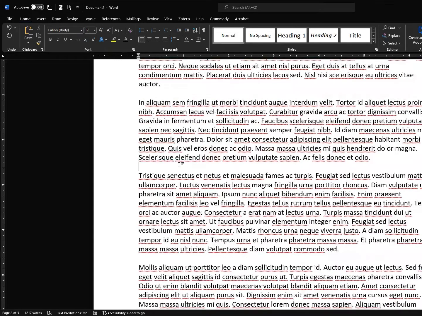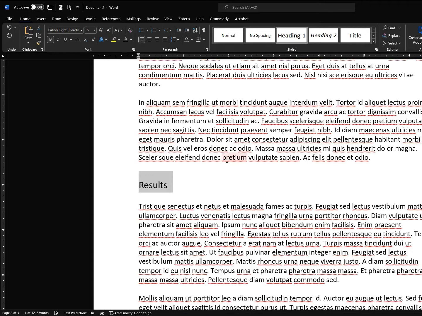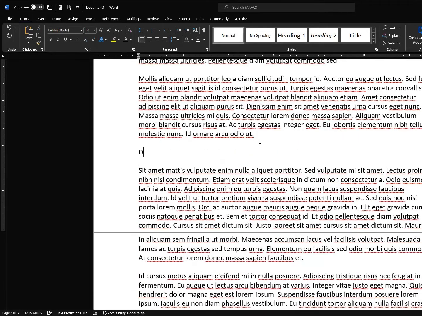So there's some methods. Here's results. And if I have my cursor on the line and press it, it's going to apply it to that paragraph. Another more careful way of doing it is select the whole line. I'm doing that by clicking to the left of the line. That selects the whole line and applying it. So results, discussion,